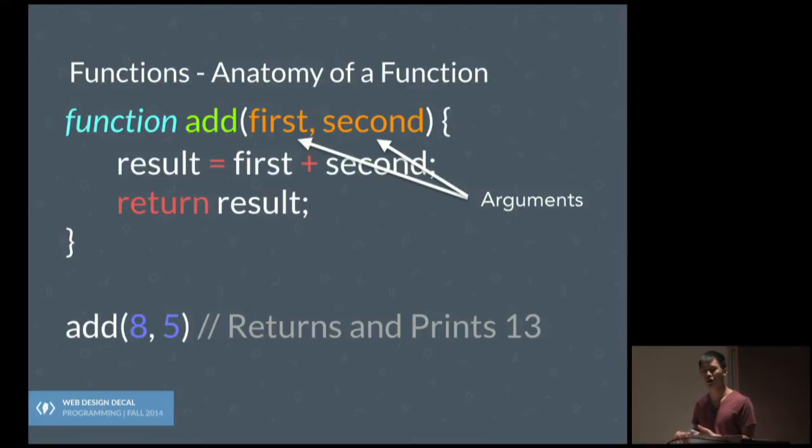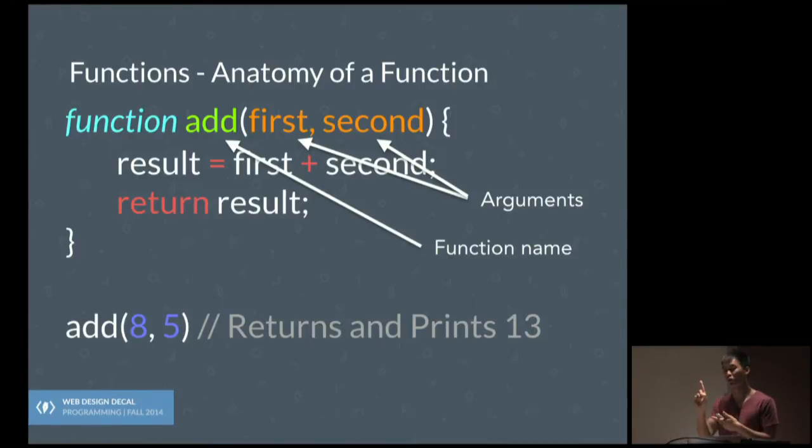Alternatively, I could also put them all in one line. It could actually be return first plus second. That's totally valid too. But just to show you variable assignment, I've done that here. Is there any question about this? So also, in the green too, there's also the name of the function, right? So it doesn't have to be add. It could be add underscore 2 numbers. So long as it's one word, there's no spaces in between, then it's valid.